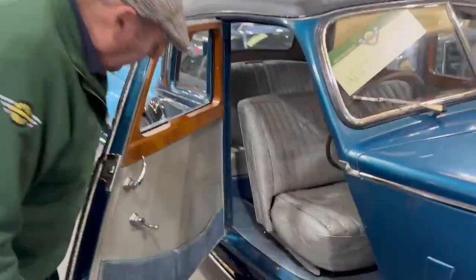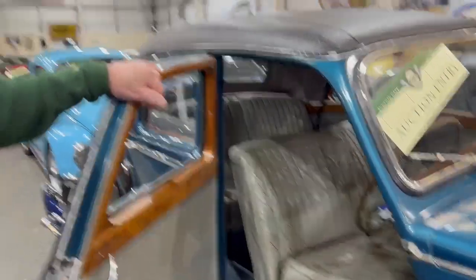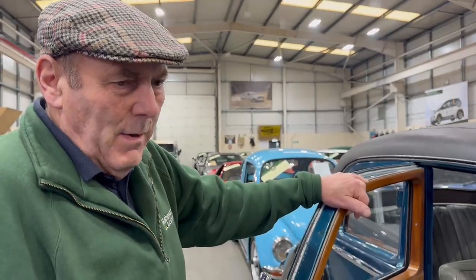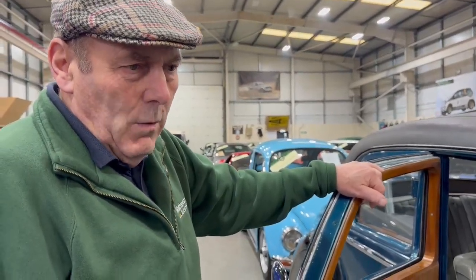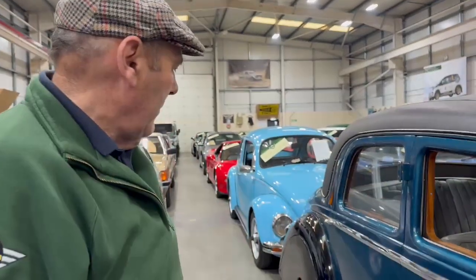But those of you that are looking for a mint show car, this is not for you. It's a very smart, well, it will be, it's cleaned up again, quite smart, with a little bit of paintwork. It's only black paintwork, leave the blue. With a little bit of paint